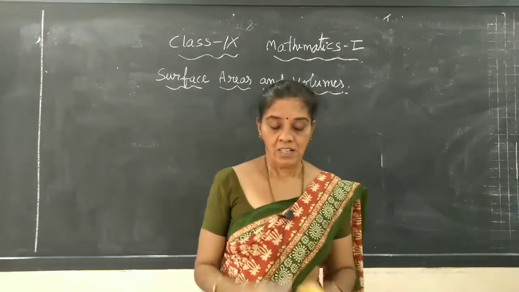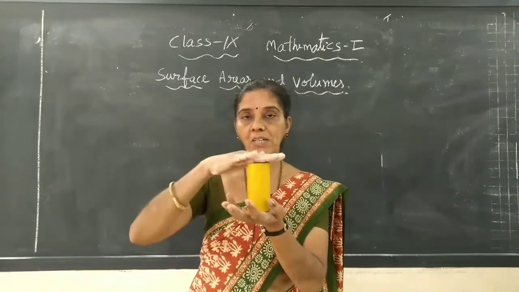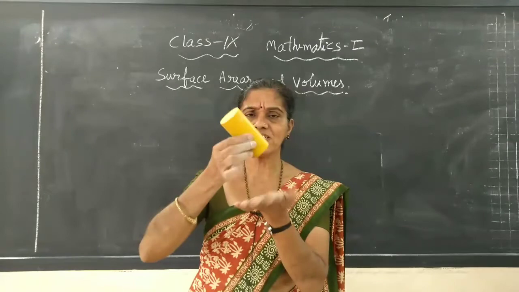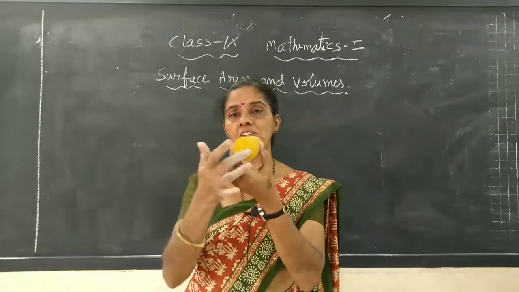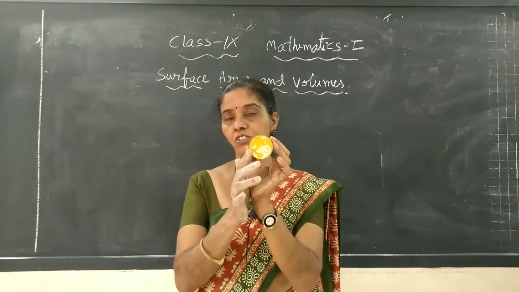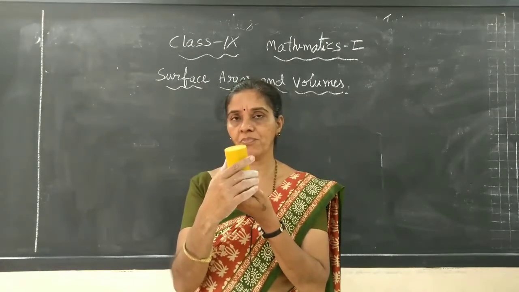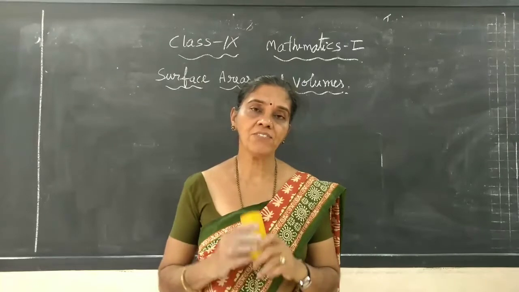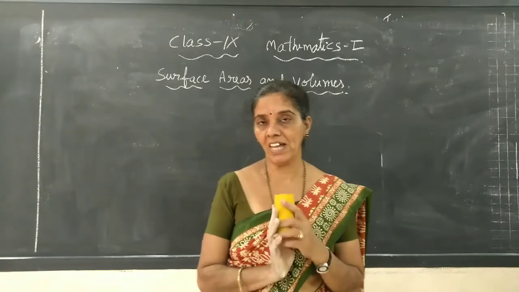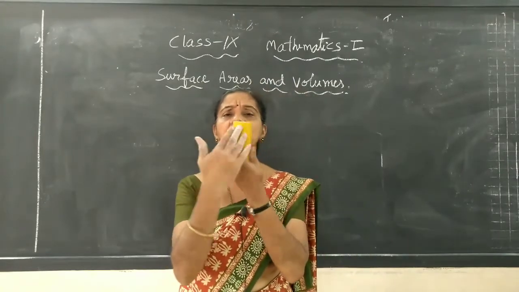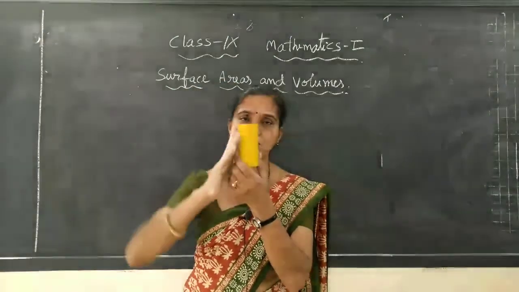Now here, this is the base. When you keep the cylinder this way, this is the base and this becomes the top of the cylinder, and you can reverse it, this becomes the base, whatever it is. So we have two identical circular figures which we call the bases of the cylinder, and one curved surface. Now we have to find the area of this figure. Here there are two areas we will have. One is the area of the curved surface only. I am talking about only this much surface.